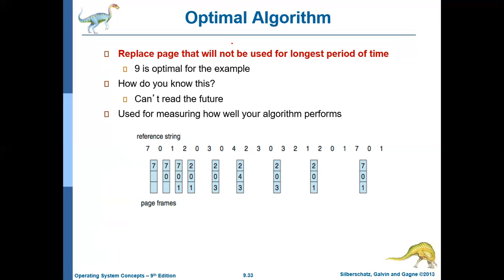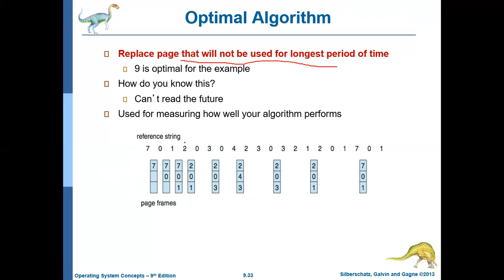But now we are using the optimal replacement algorithm. The optimal replacement algorithm says that you replace the page that will not be used for the longest period of time. Okay. So the possible replacements are 7, 0 and 1. Out of 7, 0 and 1, you have to check which will not be used for the longest period of time, and that should be replaced.